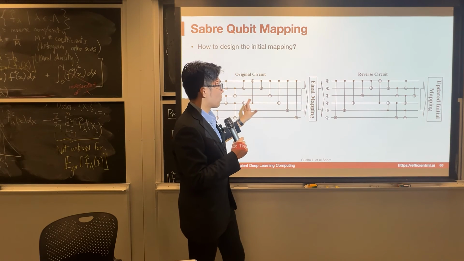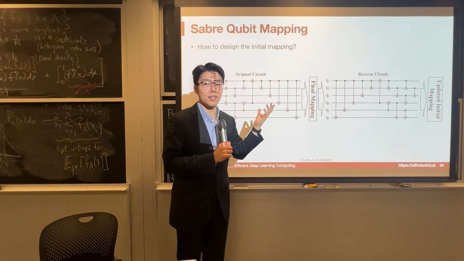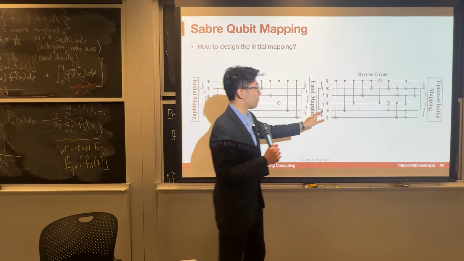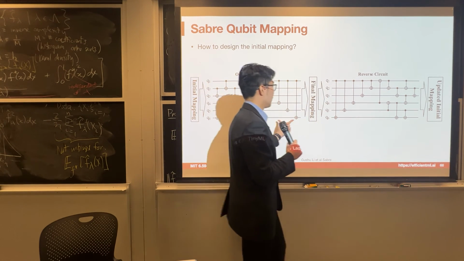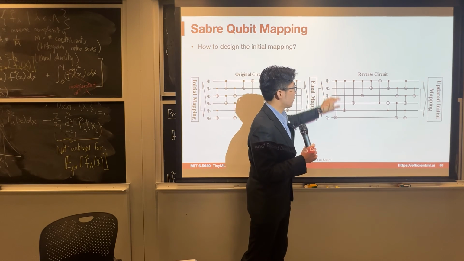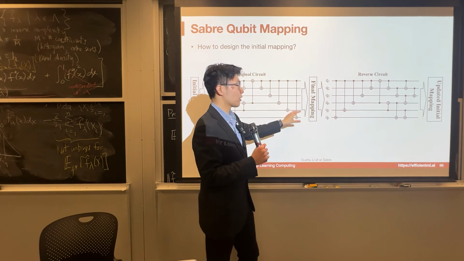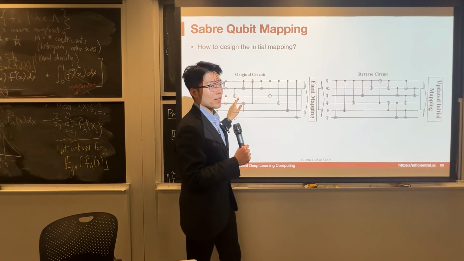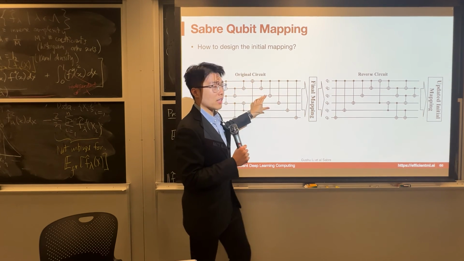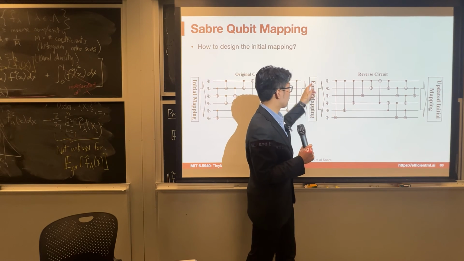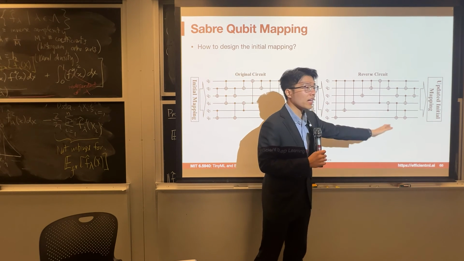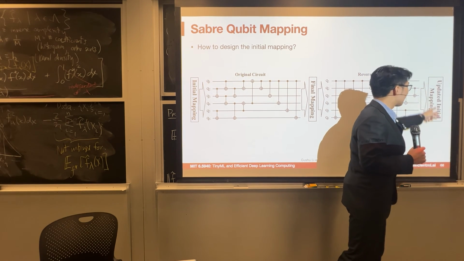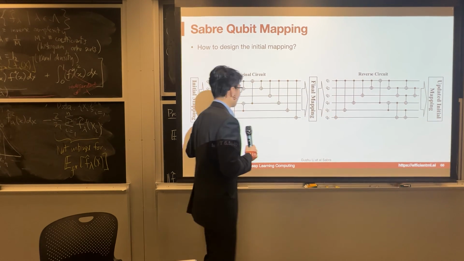And then we are leveraging the reversibility of the circuit. Because we know that if we reverse this circuit, all the connections should resemble the previous sequence, just reversed. So if I remove all the swap gates we inserted in between, use the reverse circuit, and use this mapping to do SABRE again, then we can obtain the initial mapping, right? And then we just start from the initial mapping to do the mapping again.